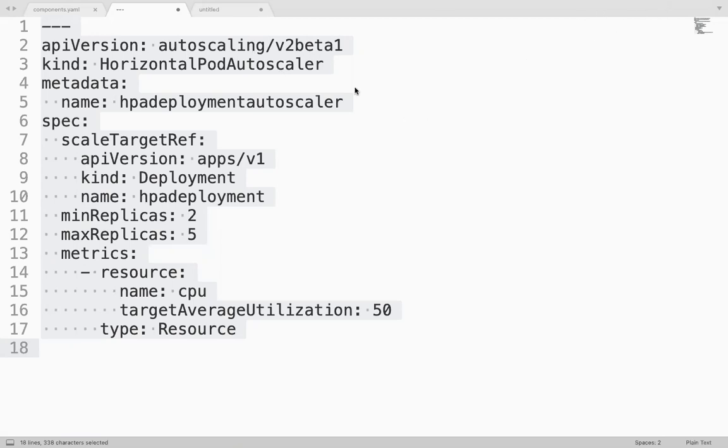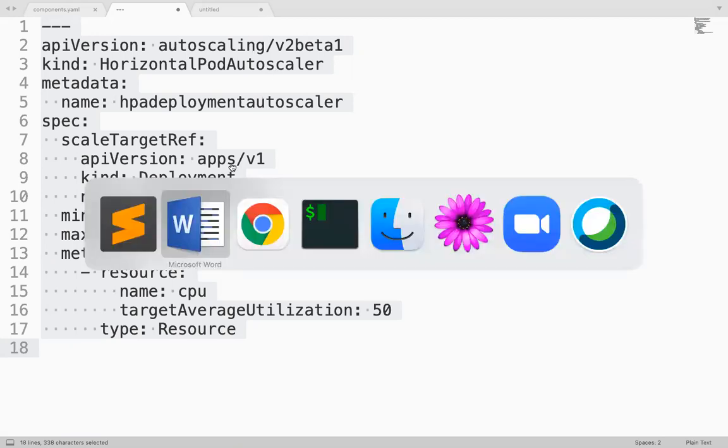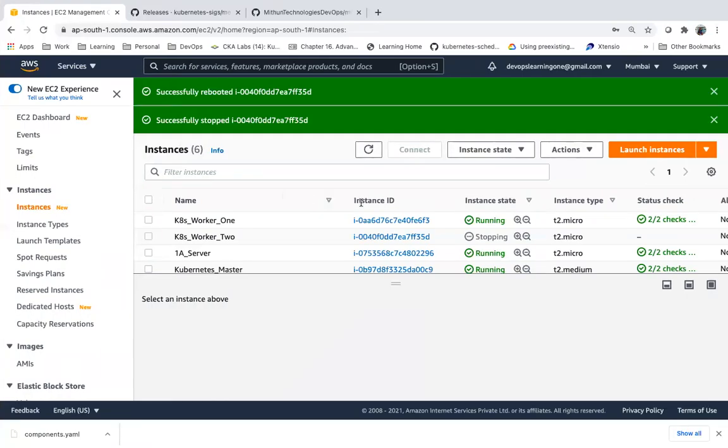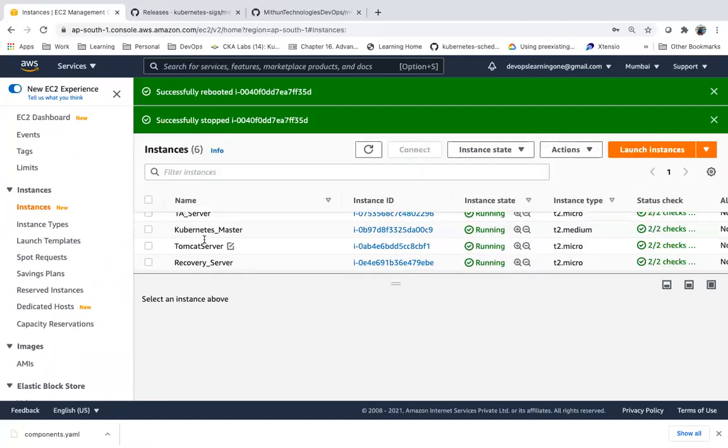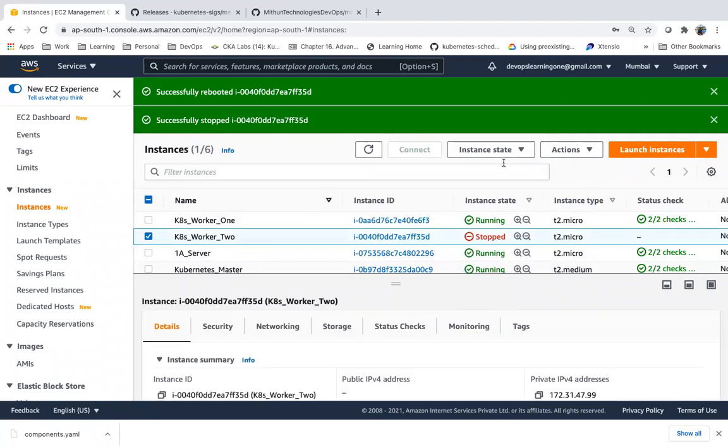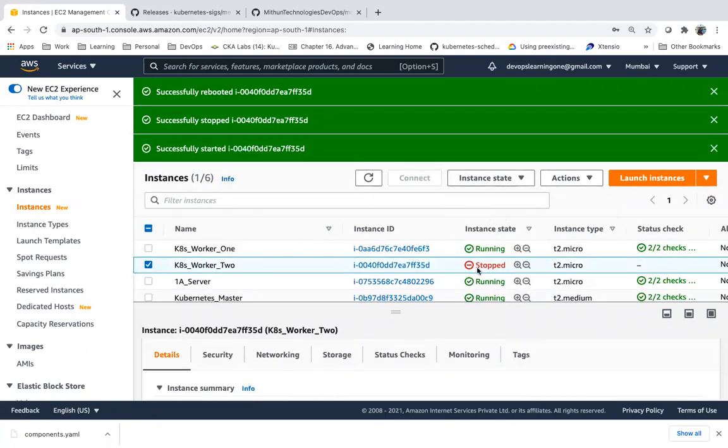So now let me demonstrate this. I am going to deploy a simple application.